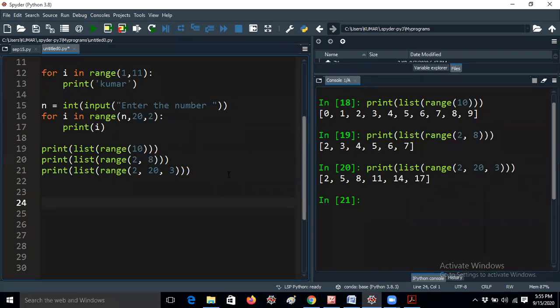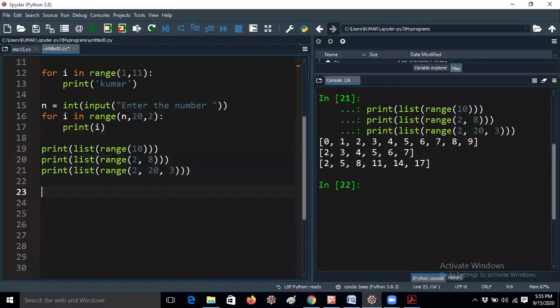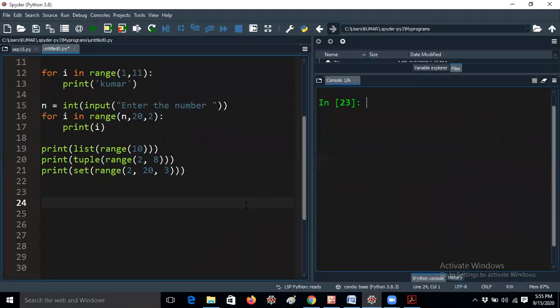So here now I will run all the 3 lines, and I'm getting all the 3 lines in the list box. Here I'm giving a list, and here I'm giving a tuple, because for tuple we also have the constructor tuple. Why am I telling all these things? Because from an interview or examination point of view, you will get questions like: write a program to print the numbers 1 to 8 or 1 to 10 in a set, in a list, or in a tuple. Then what you have to do? This is the answer only.